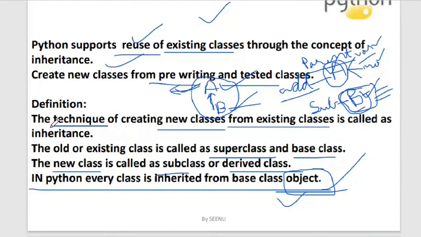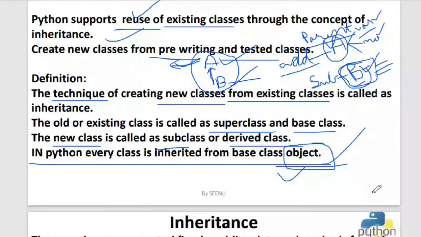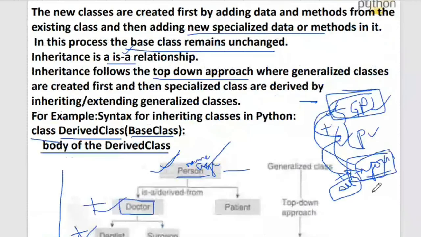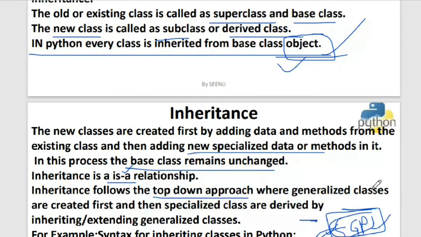Technique of creating new classes from existing classes. The features, acquiring features of one class into another class, that concept is called inheritance. So the terminology associated with inheritance is that there will be a superclass and there will be a subclass,